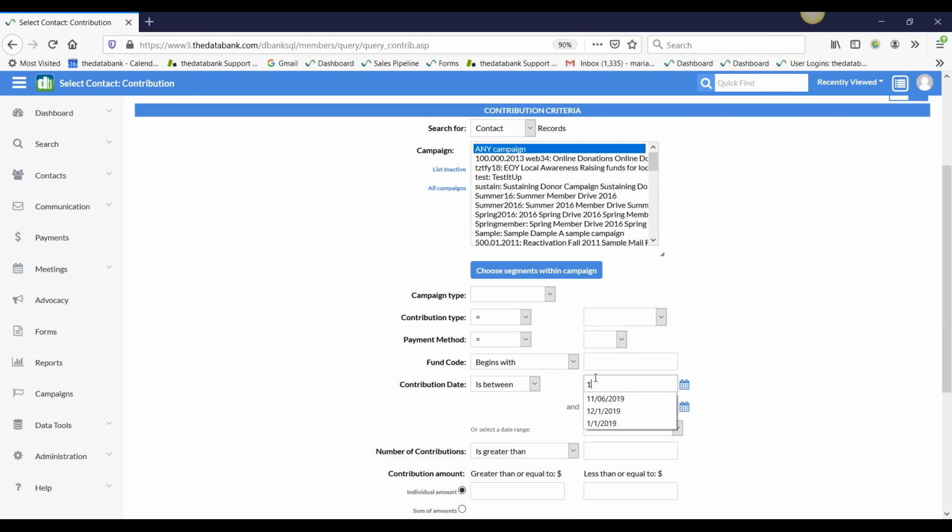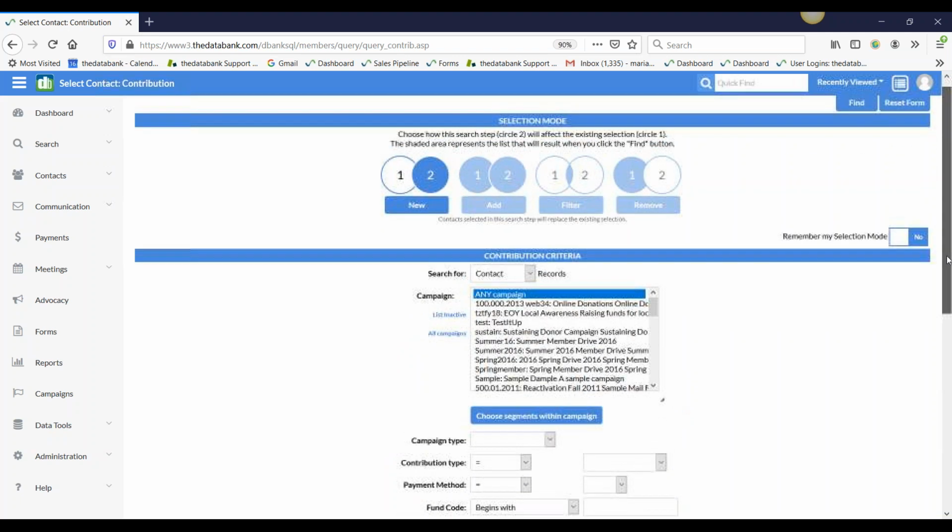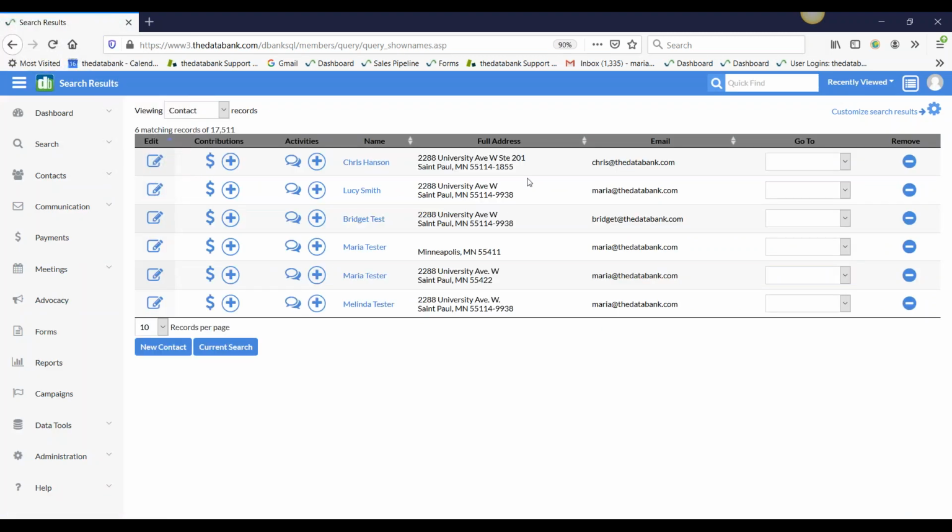I think it'll be like 8 contact records, if I'm not mistaken, but at least we can work with that data a little bit more than just the 2. So new, any campaign, click find. It should overwrite my current search. So it went from 2 to 6 contacts. Now that we have our selection,